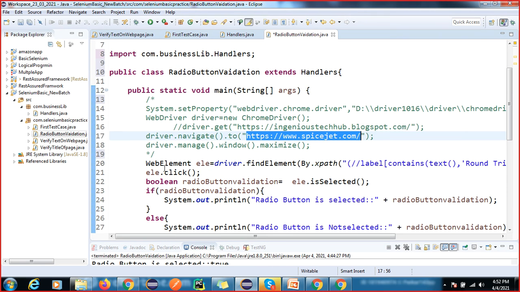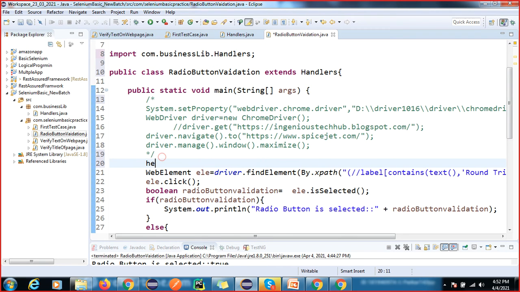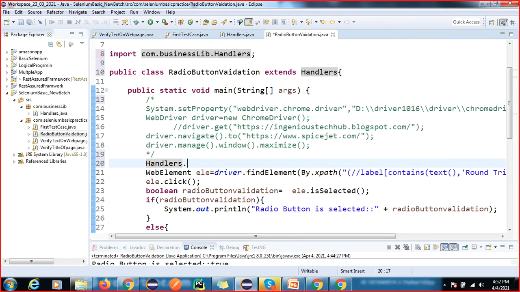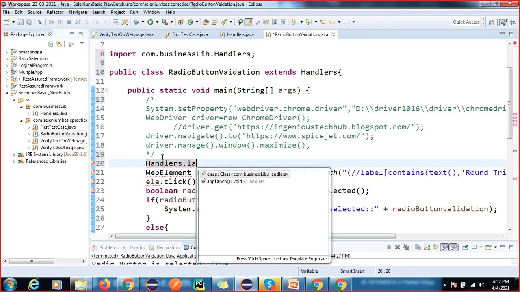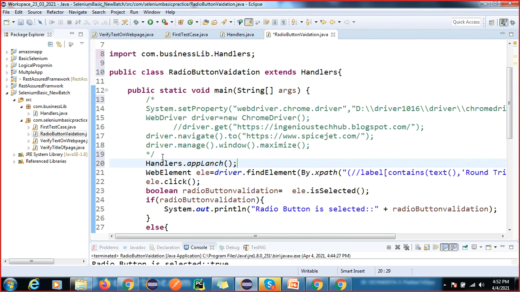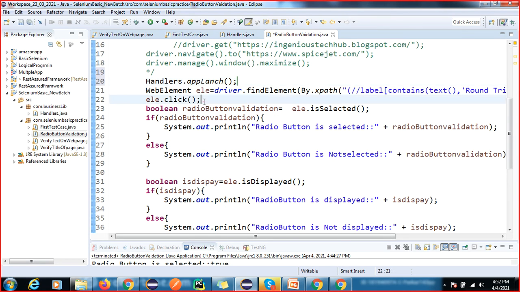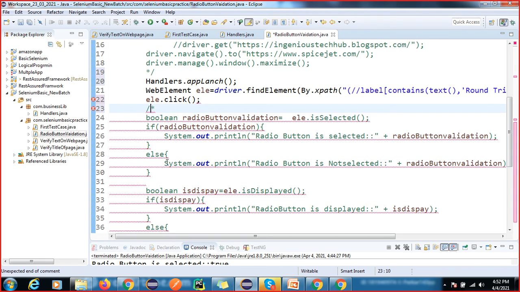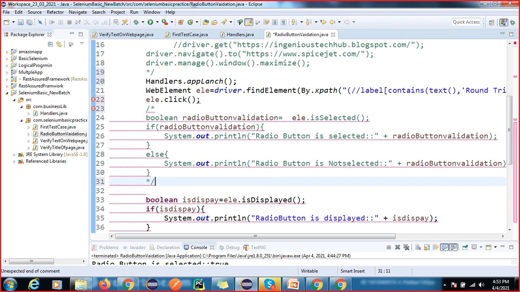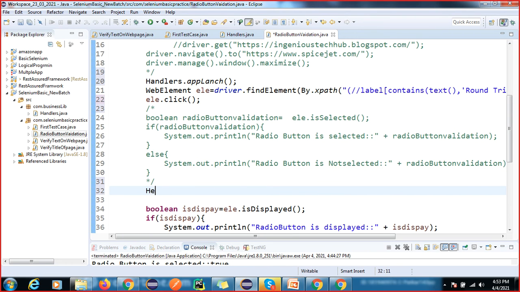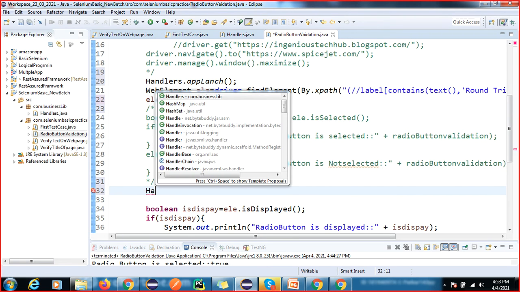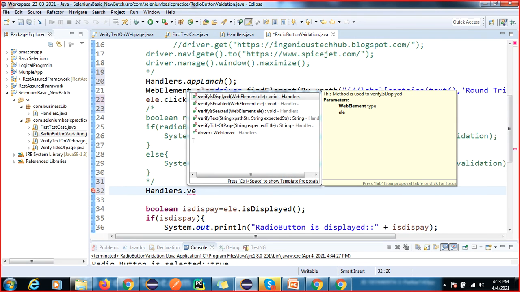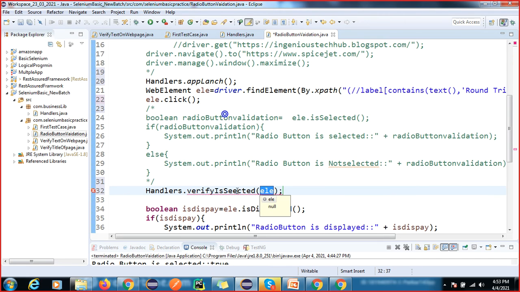I have to call here the method, helper.launchAppHandler dot launch app, app launch or whatever. Okay, so here I will comment these steps, and I will also comment these steps. Handler dot verify is selected.